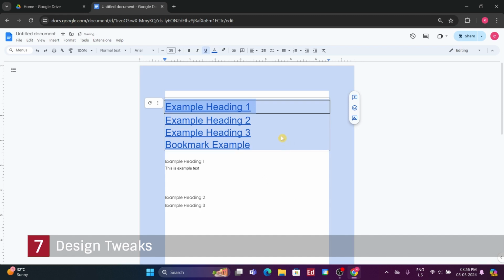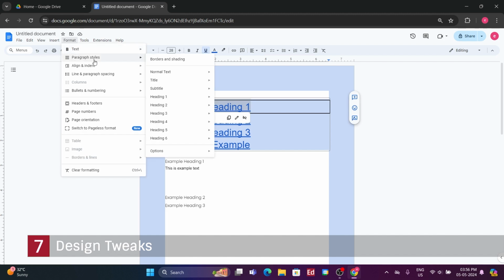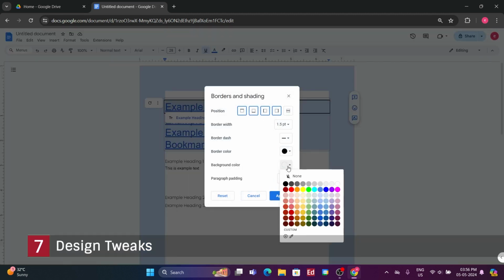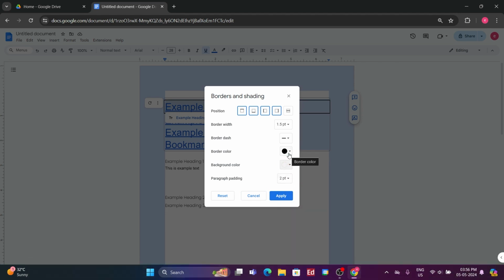colors. Let's opt for a black border with a white inner background. Upon clicking Apply, a rectangle border is added around the text. If desired, I could center the text as well. To showcase a variation without the full border, I'll return to the Format menu, navigate to Paragraph Styles, then Borders